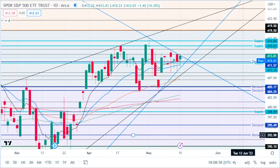So, one thing I was saying is that we've been imbalanced in this market since pretty much the middle of last week when we established that 411.2 supply and then closed over that. We attempted a couple times now to close below that, but we just cannot seem to. But we kind of rebalanced today because we established a new demand support at 411.6. So as you can see, pretty much all besides this one day here has traded over that level